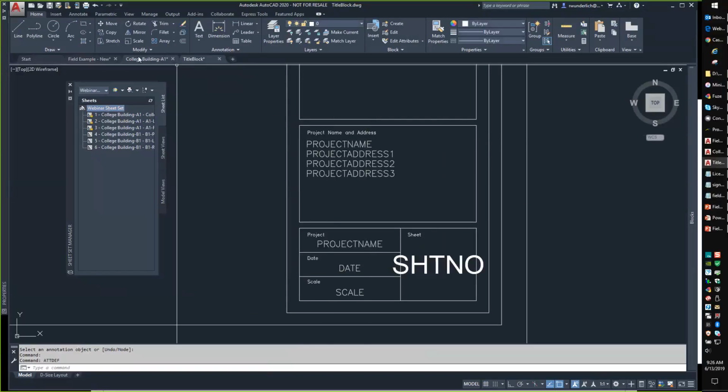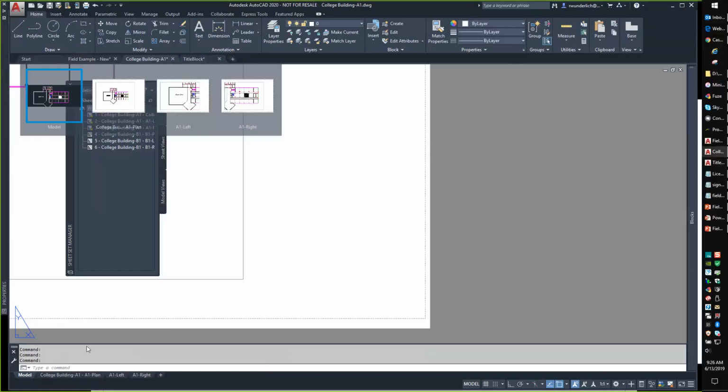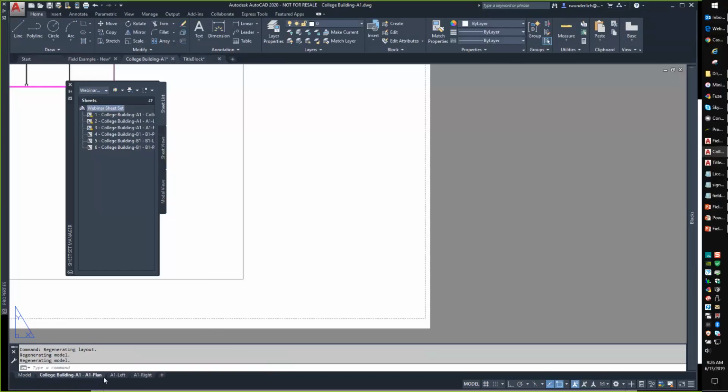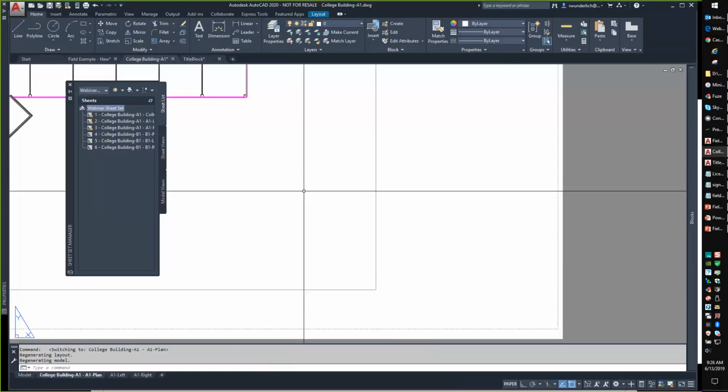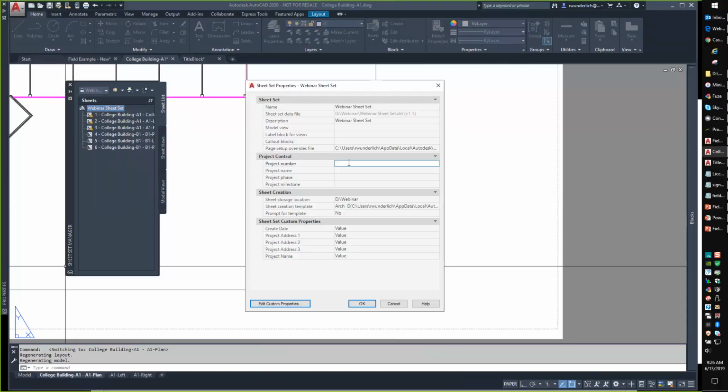So now let's see the power of this. When we come back to this college building A1, right? And I'm down here in the A1 plan. And now what we're going to do is we're going to populate some of these values. So we're going to go into our properties, right? And our project number is going to be 06/13/2019-1, right? Our project name is going to be webinar project,